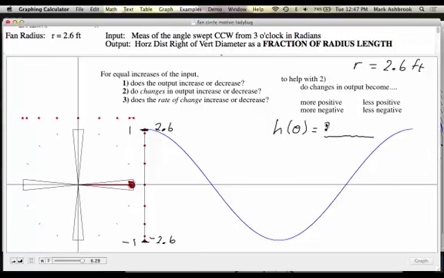So to get that function, we'll take 2.6 times cosine theta. And that will output, for this bug, on this fan, its horizontal distance in feet. Okay, so everything would be the same, but now instead of fraction of a radius length, the output of h would be giving us the horizontal distance in feet. So we can do the same thing with the